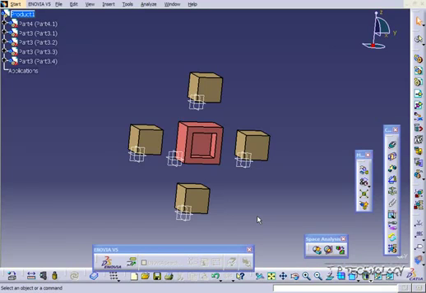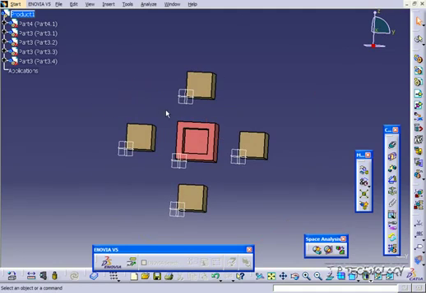This is tutorial number 114, and it covers the angle constraint within Catia V5. To start off, open up tutorial part number 113, which is located on the DVD. So what we're going to be doing is using the angle constraint to create different angles between all of these